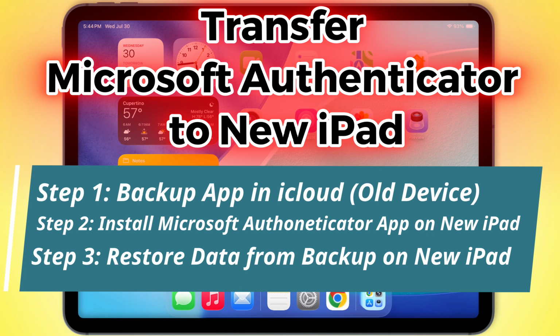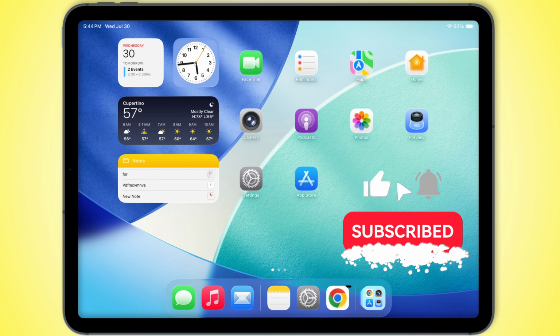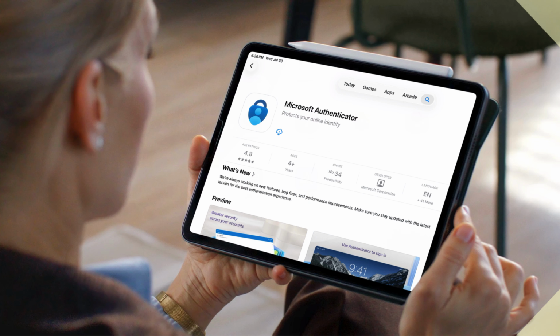In today's video, I'll show you how to transfer Microsoft Authenticator to a new iPad. Let's jump in. To start, make sure you still have your old iPad or iPhone with the Microsoft Authenticator app